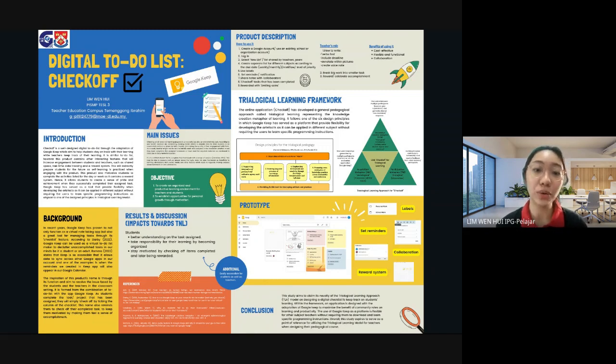This product also motivates students to complete the activities listed for the day or even weeks, as it contains a reward system. Hence, it allows students to create a sense of pride and achievement when they successfully complete their assigned tasks.